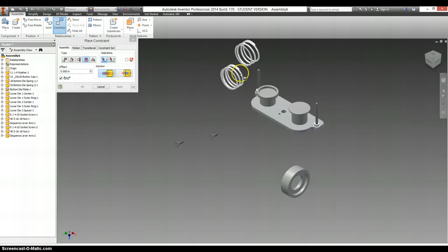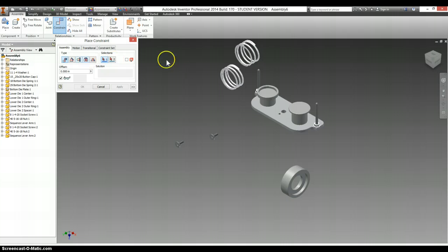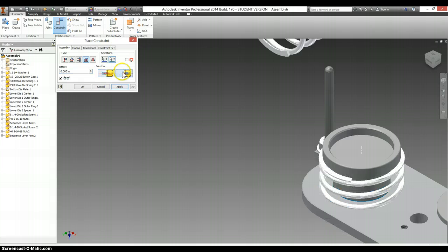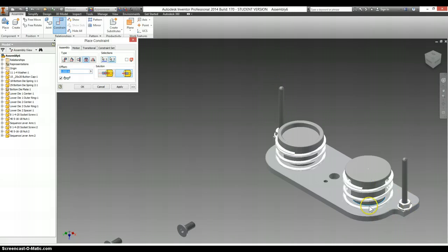Now I have two different springs. I have die spring 2. It's going to snap around the base of 2. So constrain, insert, pick the bottom edge of the spring, bottom edge of this, change the orientation, apply, bottom edge of spring 1, bottom edge of side 1, apply,